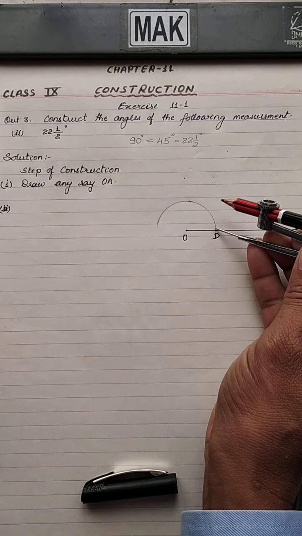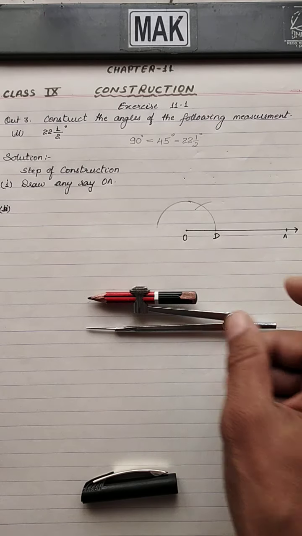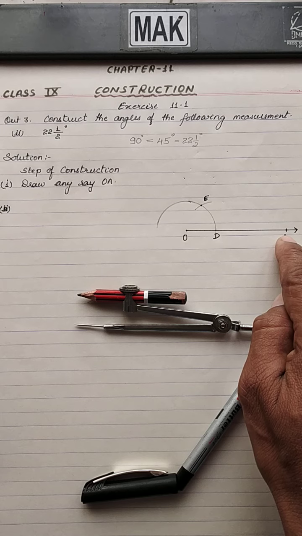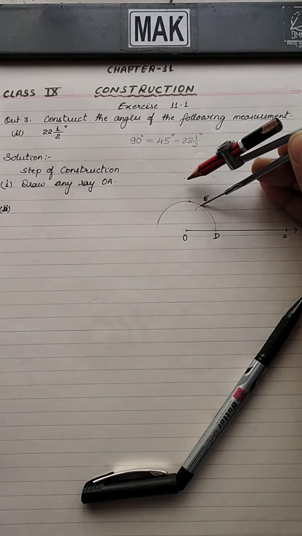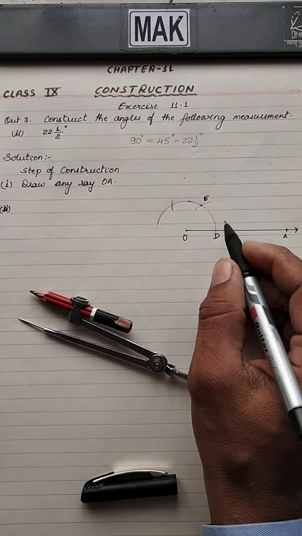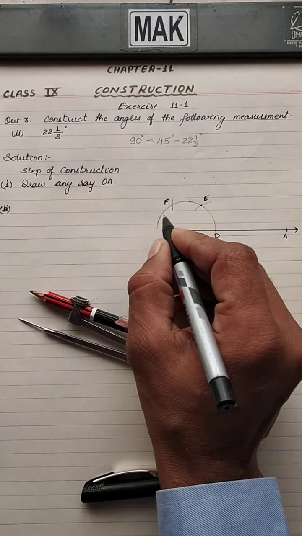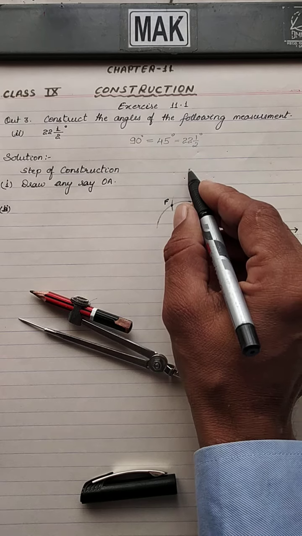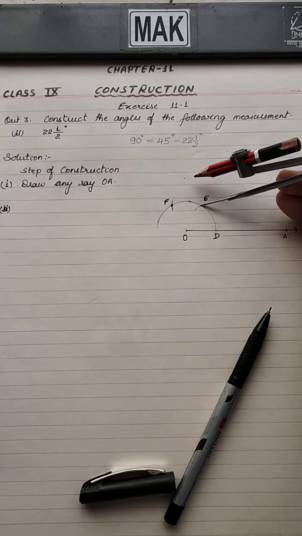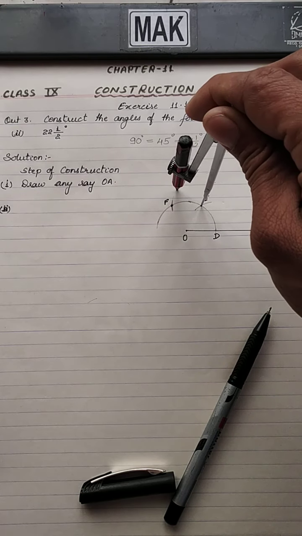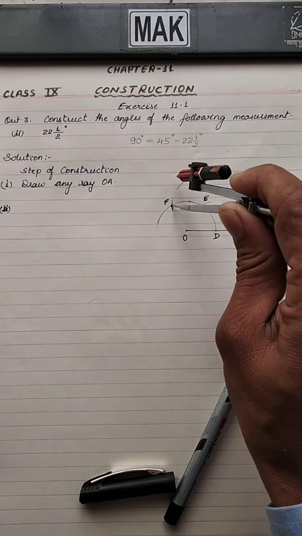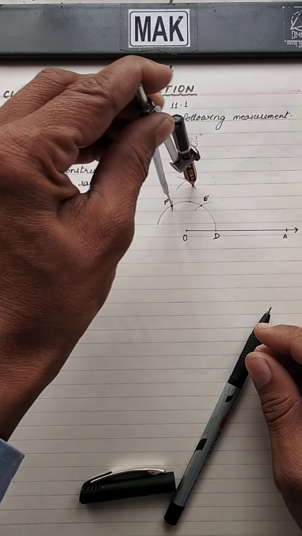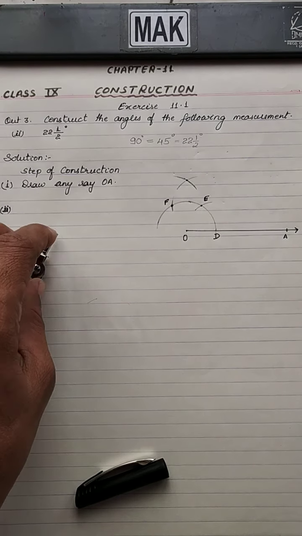Now with the same radius we will cut another arc from D. We will give this point the name E. Now we know it very well that EOA is 60 degrees, and if I draw another arc from A, which cuts the previous arc at F, the intersection point of these two arcs on the top of the line will give the 90-degree angle for O and A. With the same measurement, or more than half of FE, we will draw an arc at the top of this old arc, and taking F as a center we will cut the previous arc we have drawn here.